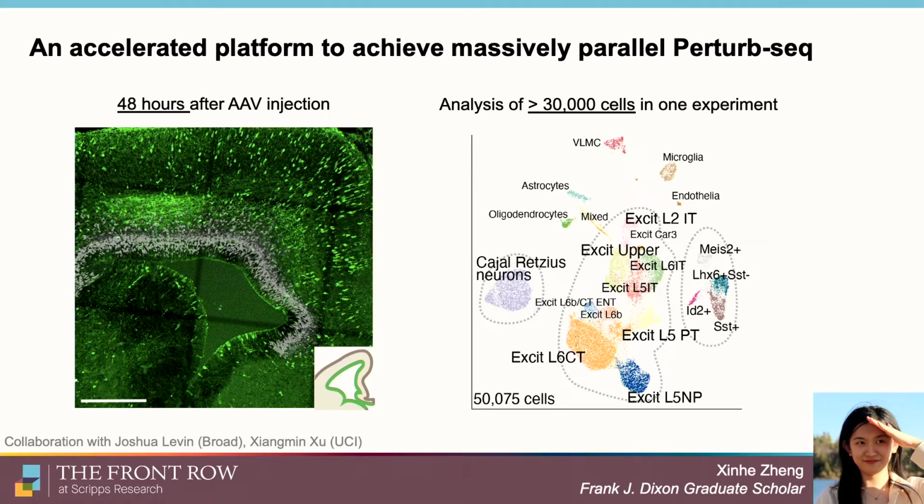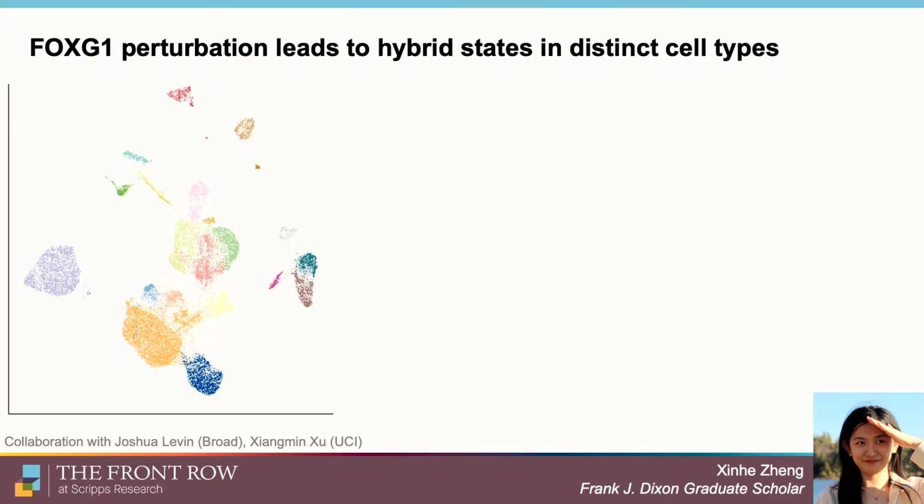So remember the earlier version of the perturb-seq I had is over 46,000 cells, and that took me over 9 months. Xin did all that within 1 week. So this is really the moment that I realized the sort of incremental improvement of technology can really lead to interesting new biology. So we can look at this dot plot that I showed you in the earlier slides,